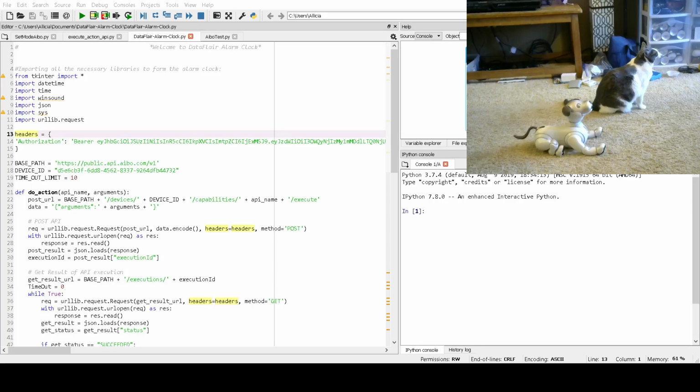But anyway, I'm going to be showing you a fun program I made with Phazer, and it's going to be using your Aibo as an alarm clock. So I was able to find a program from a site called DataFlare that has a lot of simple programs for beginners, and I was able to add Aibo actions into that program and be able to use Aibo as an alarm clock. So this does work not being in developer mode,